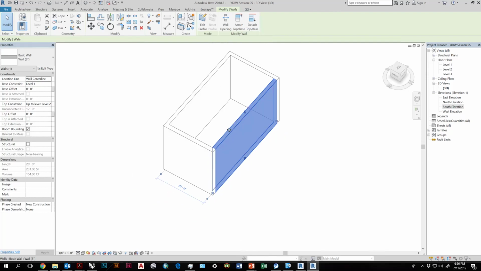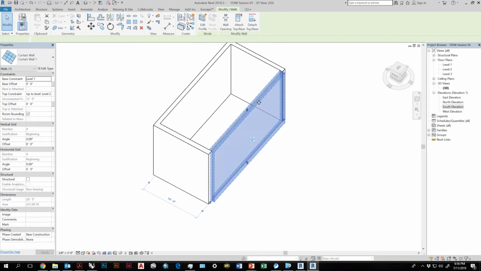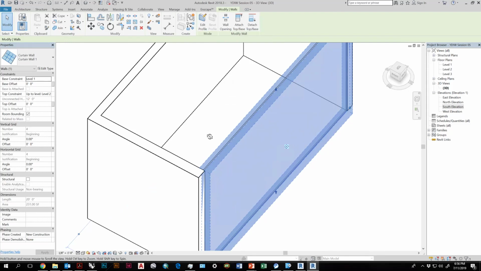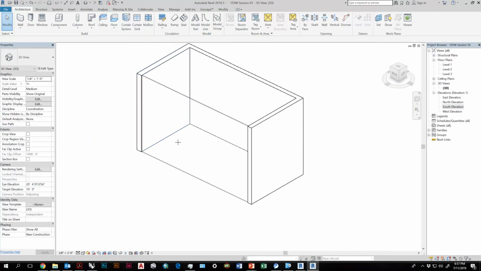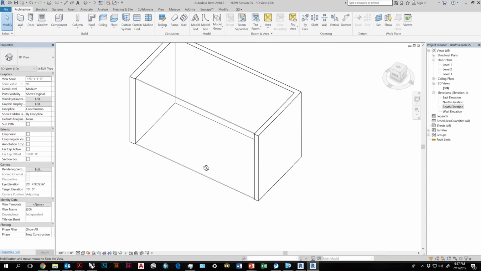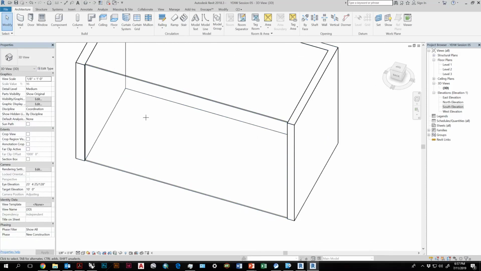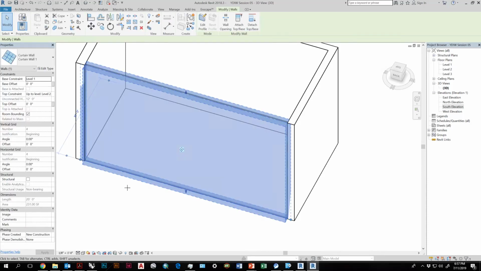Let's also make one of these walls a curtain wall, and we'll go through curtain wall settings super fast. So right now this is just a slab of glass. So if you wanted to actually add in mullions, what you need to add in are what's called curtain grids, which are basically lines that the mullions will be attached to.